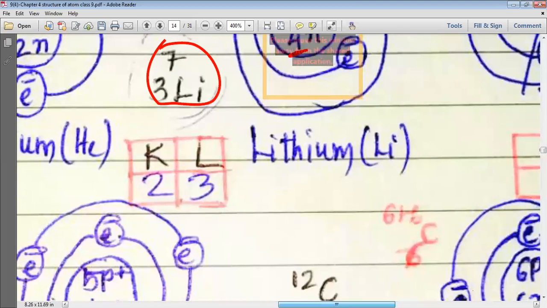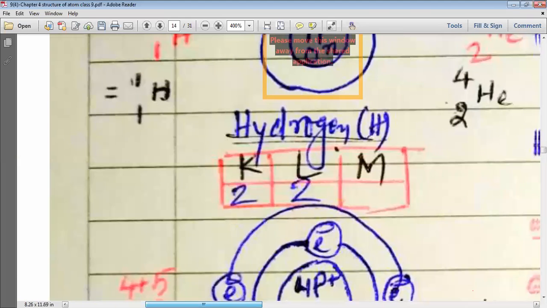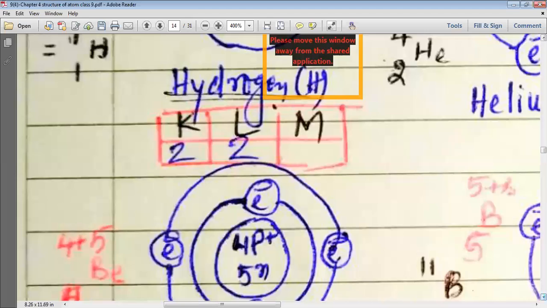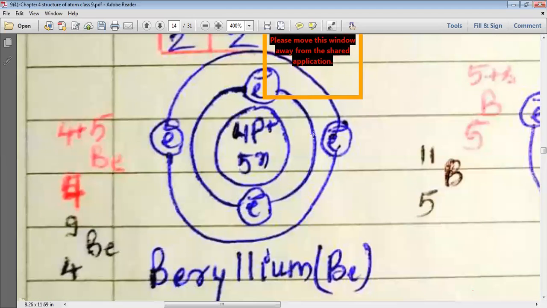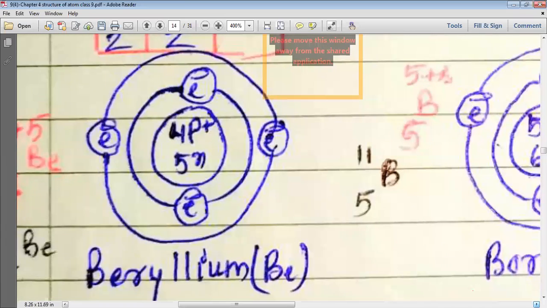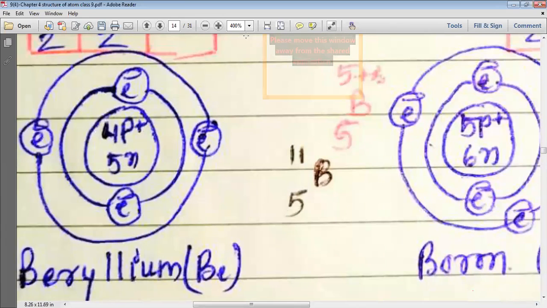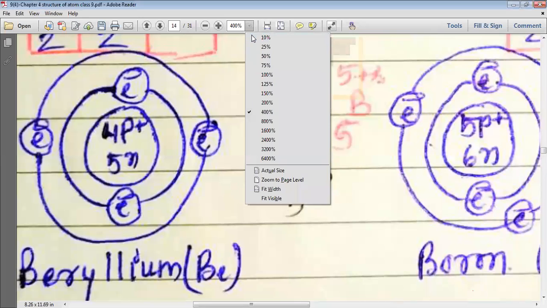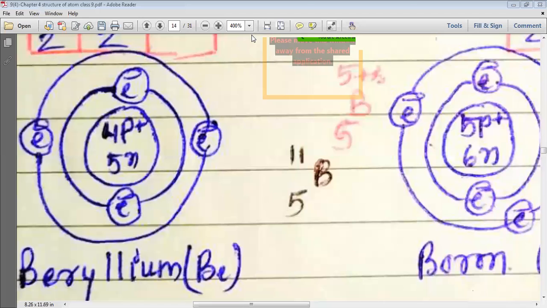Now, my dear students, we want to study about the fourth element. So the fourth element is having the name beryllium. So you can see here, my dear students, the fourth element, which is beryllium. Now let us study the structure of the beryllium. When we look at the beryllium, my dear students, we realize that beryllium has got